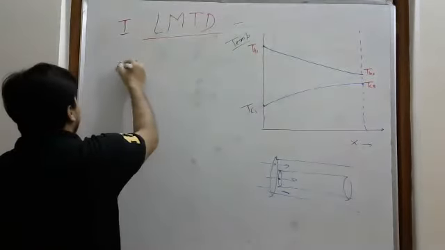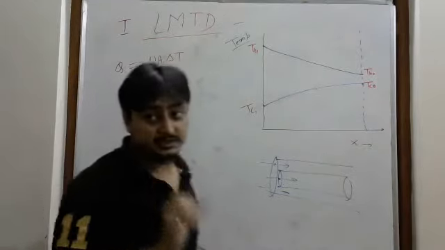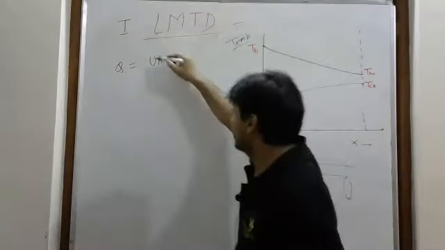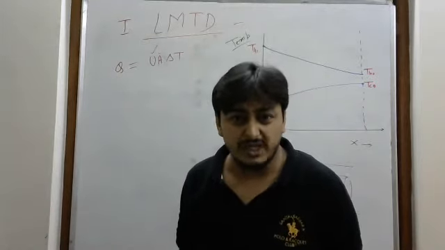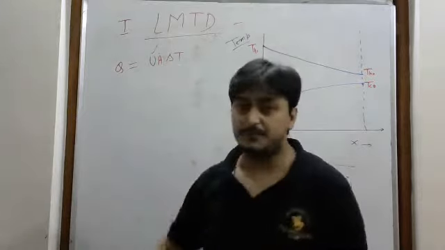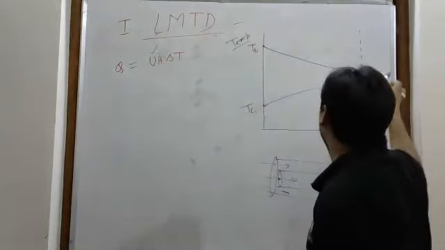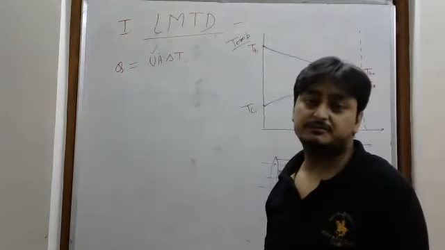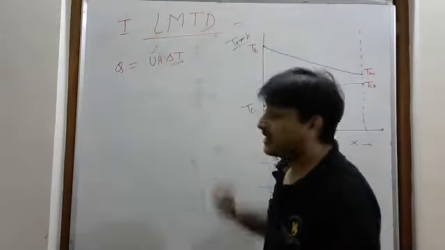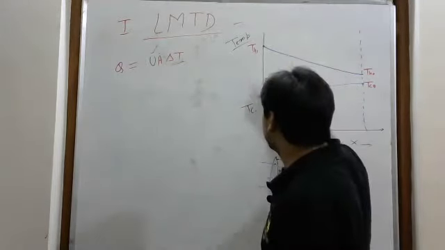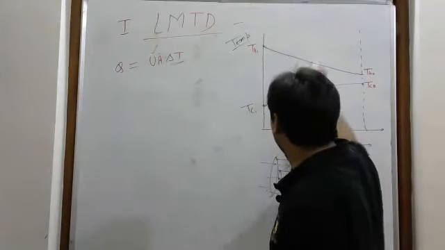Now what is happening? What is the heat transfer? Heat transfer equals UA del T. We know the surface area and we know the overall heat transfer coefficient. Both things we know. But will you be able to find how much heat transfer happens with whatever temperatures they have given? No. Why? Because this is the temperature difference, and it goes from here to there. This temperature minus this temperature.